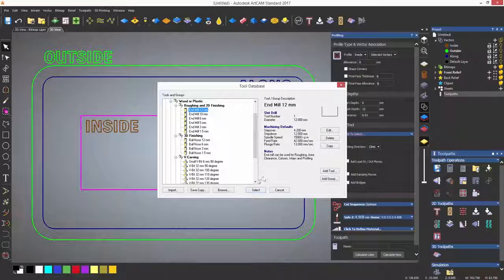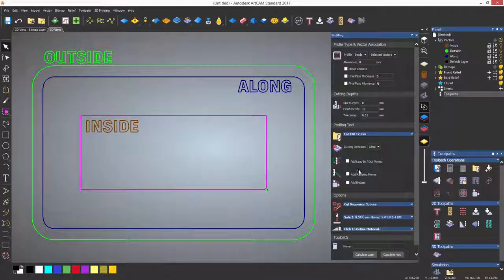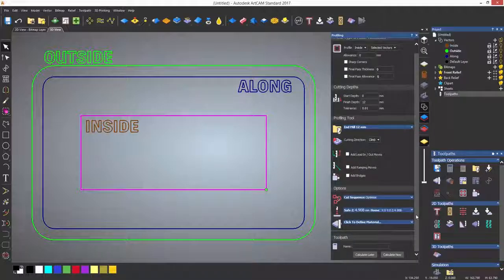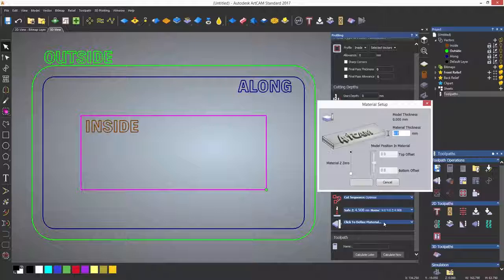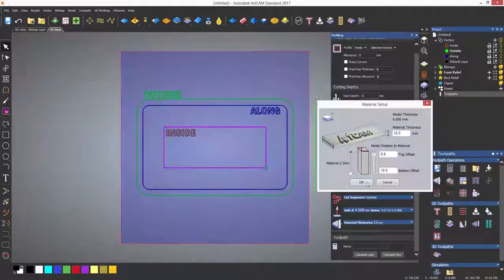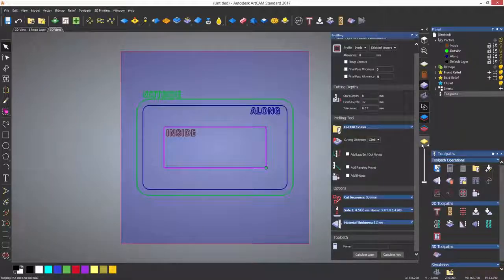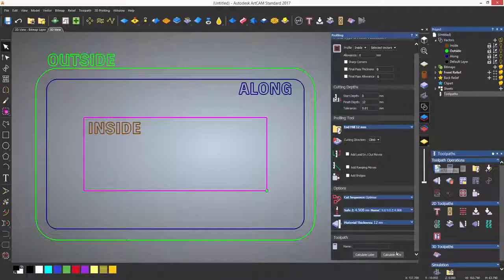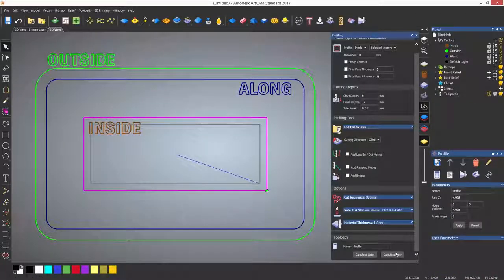I'm then going to select to define the material that I'm going to be using at the bottom of the dialog. This will open up the material setup dialog where you can enter the thickness of the material that you are using and also set up the 0 in the Z axis, whether this is at the top of the material or at the bottom. Finally, select Calculate Now, and ArtCAM will generate a toolpath on the inside of this rectangle to a depth of